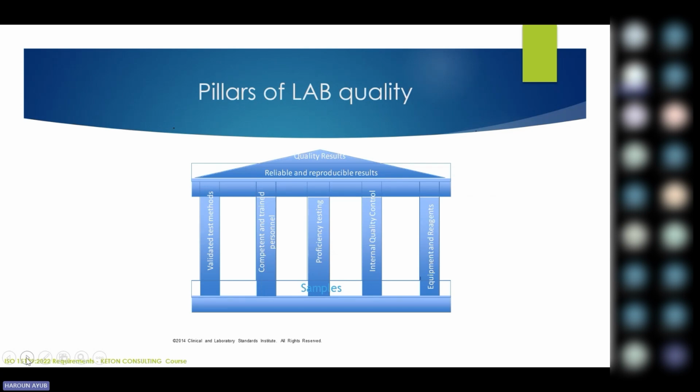So that will ensure that if lab A in Kenya does this particular test of albumin and they get a 30, and a lab in India has done the same particular sample and they get a 30, and a lab in China has done the same particular test and they get a 30, that ensures that the quality of results your laboratory is giving is the same as that given by a reference laboratory, and so on, so that you get to have that quality confidence in the results that you are able to give out